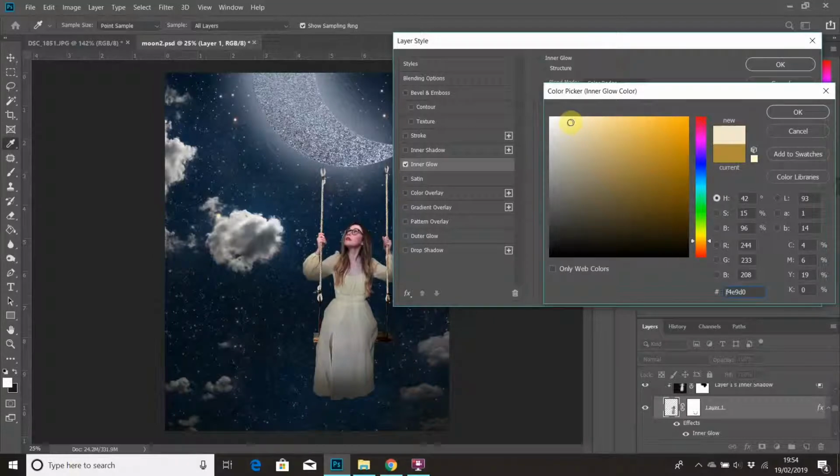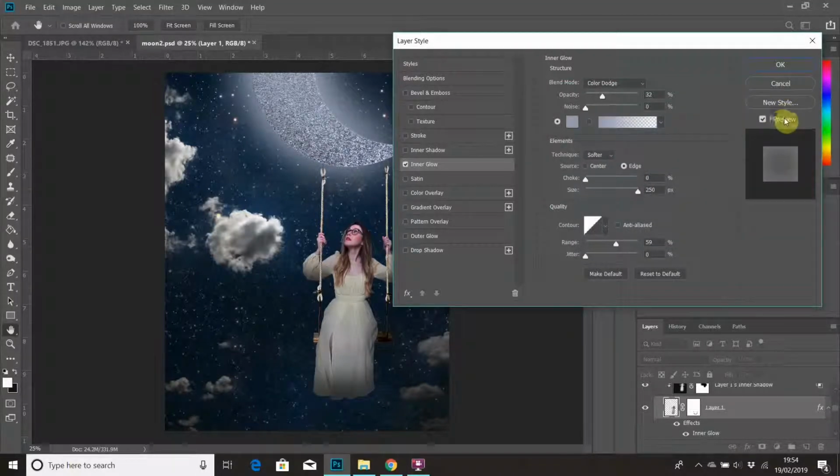We're going to change the colour of this light to match the kind of colour that would be coming off of the moon. So let's select kind of a grey, kind of whitey grey colour. You can already see that it's applied that glow again everywhere around me. So we're just going to play with these bits. I don't think the shape needs doing too much, more about the size there, until we start to see a nice bit of light coming there on my face and hands. So when you're happy with that, you click OK,